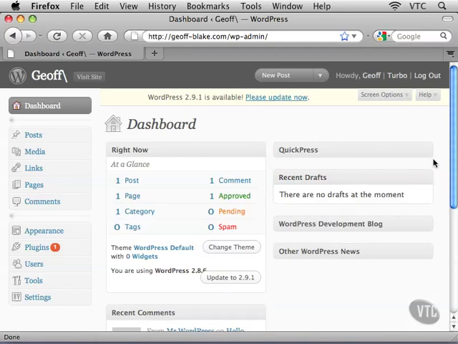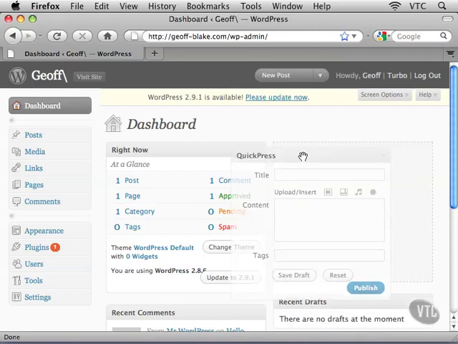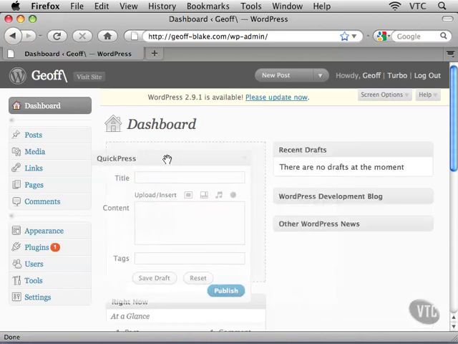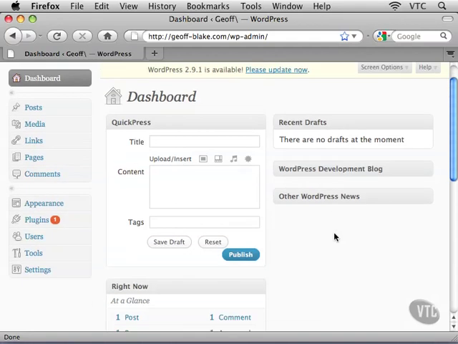Well, as it turns out, you can do quite a bit. What I could do, for example, is maybe this Quick Press module. Maybe I don't want to have him sitting on the top right of my dashboard. Maybe I want to have him sitting over on the top left of the dashboard interface. Well, what I'll do is take this Quick Press title bar here, click on it and drag. Now notice this dotted frame shows up as soon as I drag him over to the left. And when I see that dotted frame, if I let go of my mouse, that essentially reorganizes my modules,